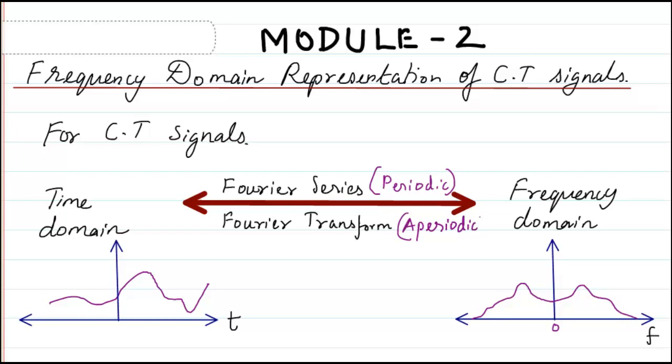So based on this concept, we are able to convert a signal in time domain to a signal in frequency domain. Actually, it's not a signal in frequency domain. It is trying to find out which all frequencies are present in the signal. So when I said Fourier series and Fourier transform, the equations are different, but they mean one and the same thing.